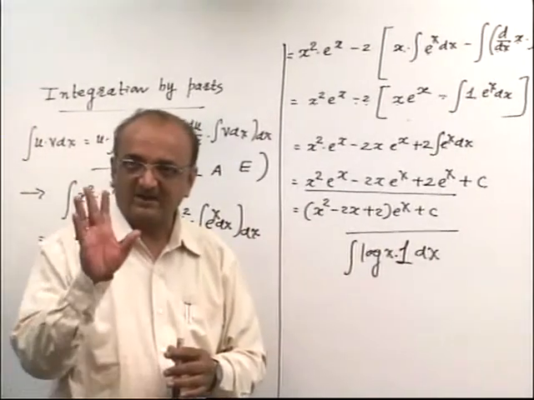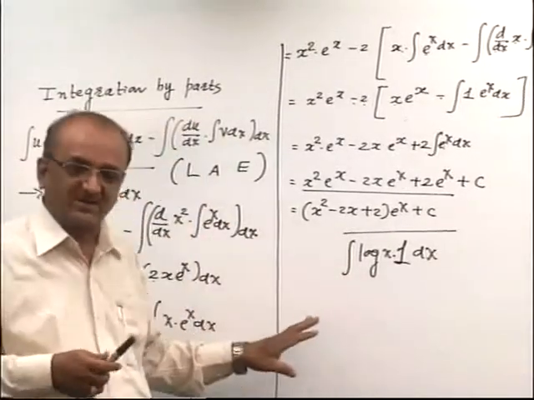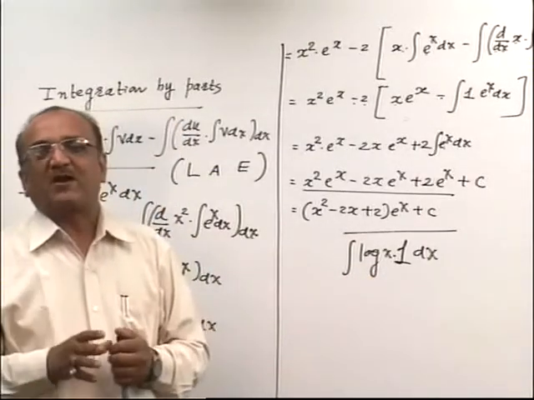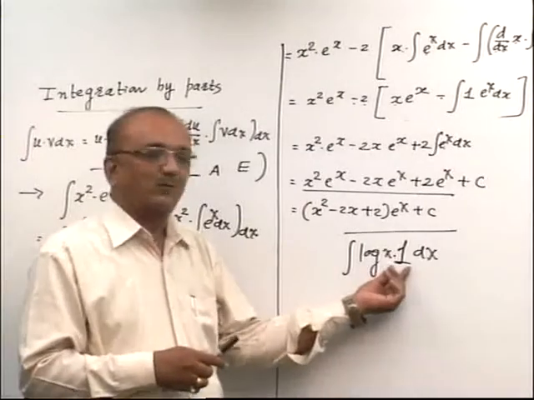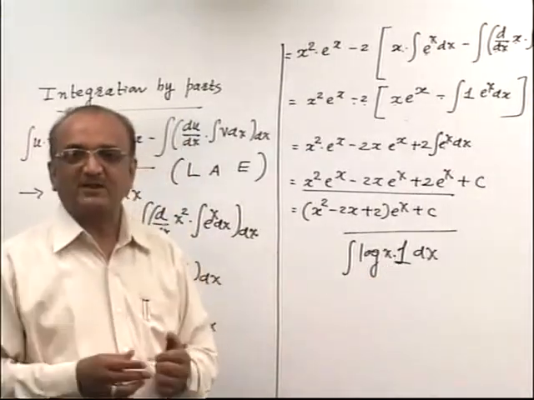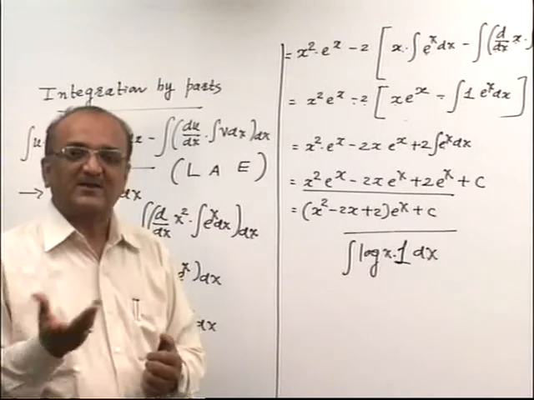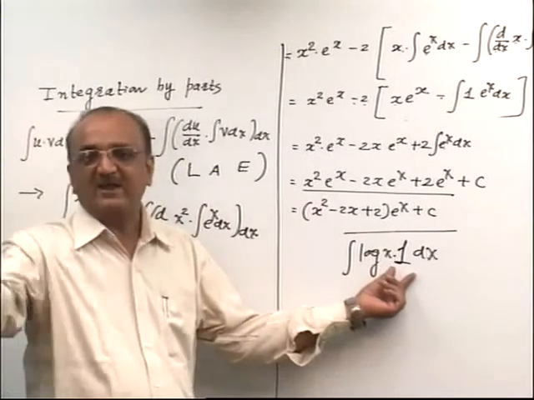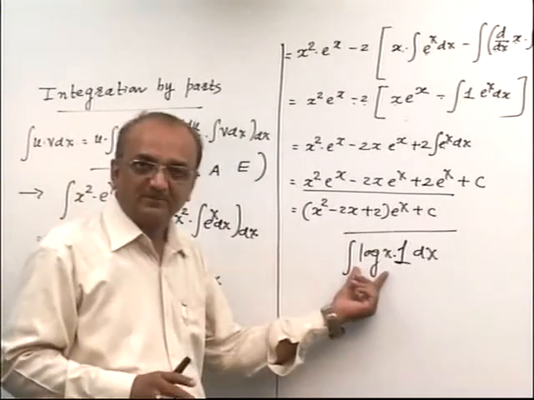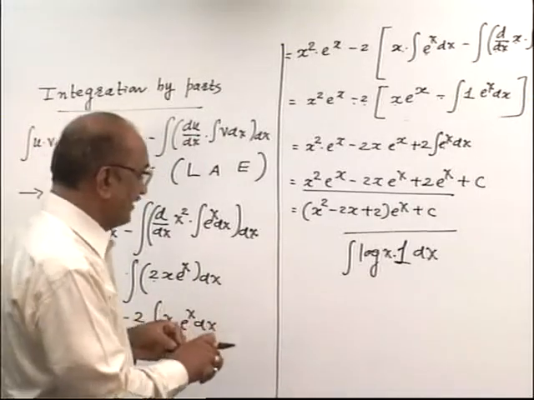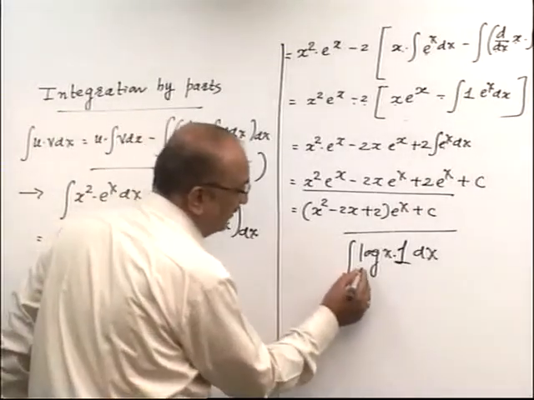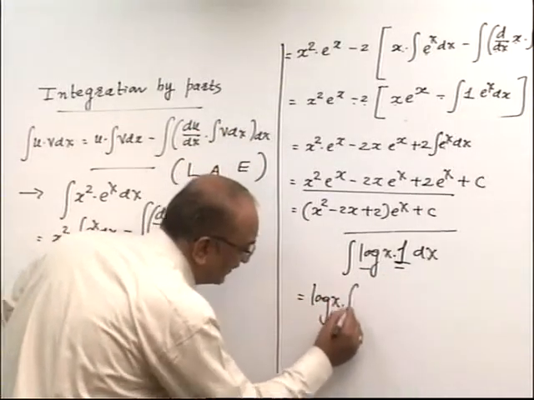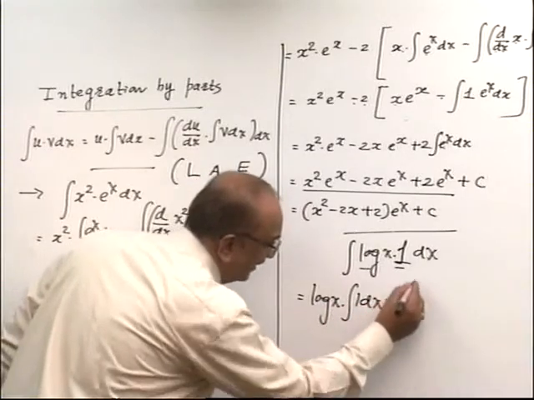Yes, sir. Okay. Now please see, concentrate here. This is a good question. Log x you can't integrate because there is no possibility of log x as a single function. Therefore, we should write into 1. You may write 1 because 1 is the neutral value for multiplication. Now what is u? L is logarithm and 1 is arithmetic. According to LAE, L stands first, that means that is u. Now see, integration of log x: u is log x, 1 is v. Substitute this value in this form, meaning log x into integration of 1 dx, minus integration of.